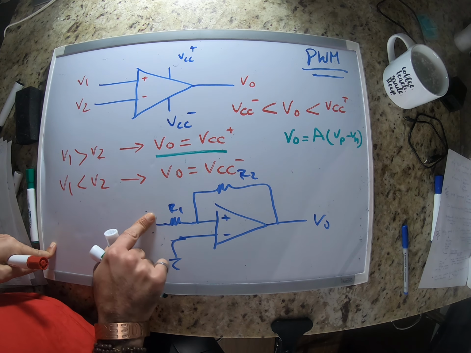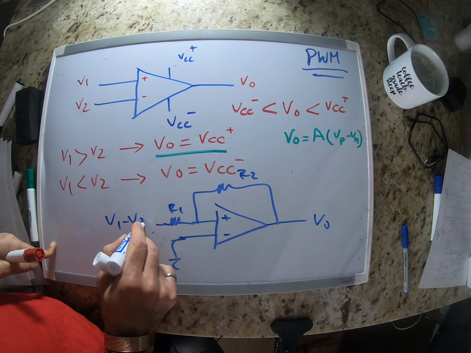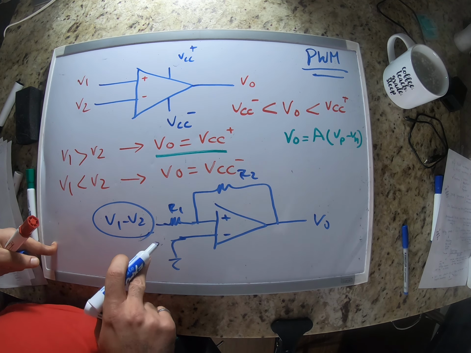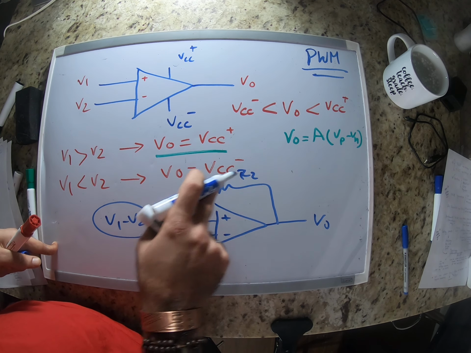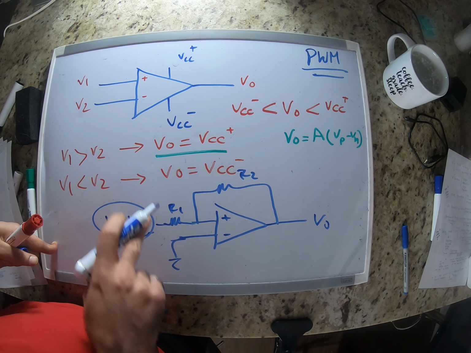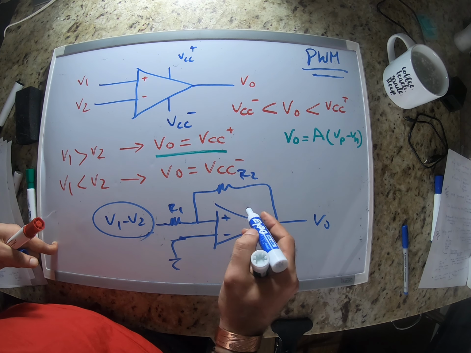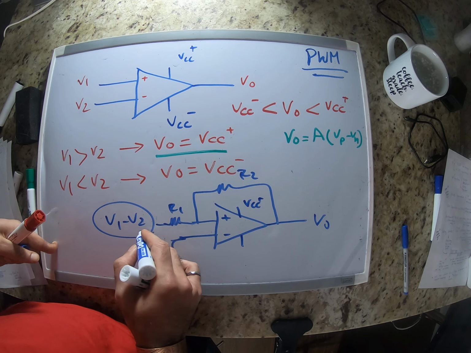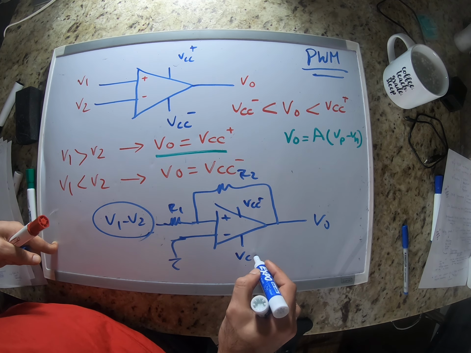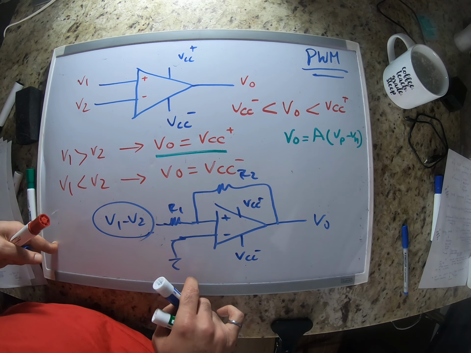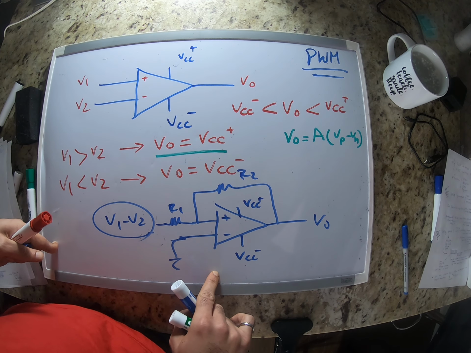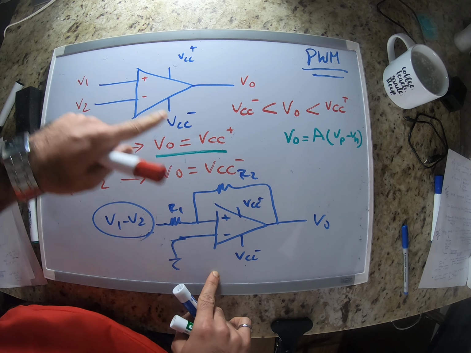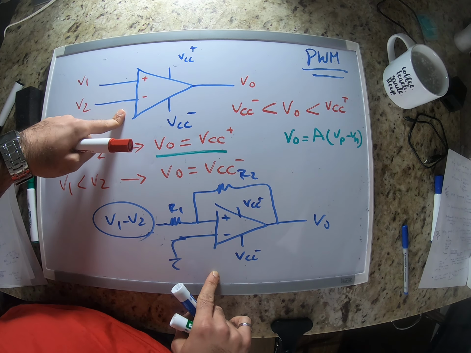And then here you would basically provide V1 minus V2 using a subtractor. So using the Schmitt trigger, you can also do the same thing. Here the output is going to be VCC plus if V1 minus V2 is positive, and it's going to be VCC minus if V1 minus V2 is negative. The reason this one is better than just a regular op amp